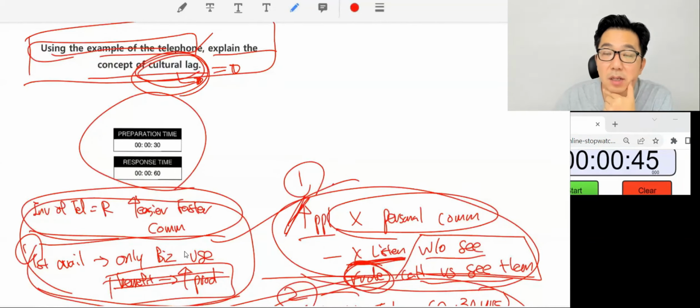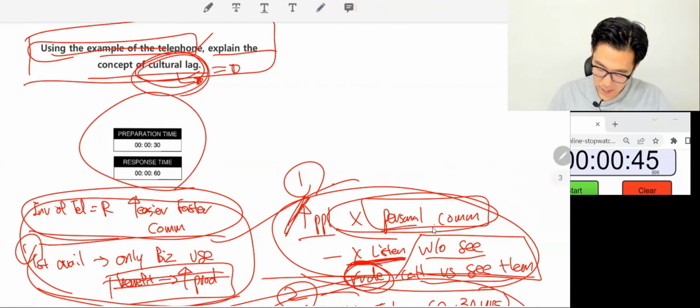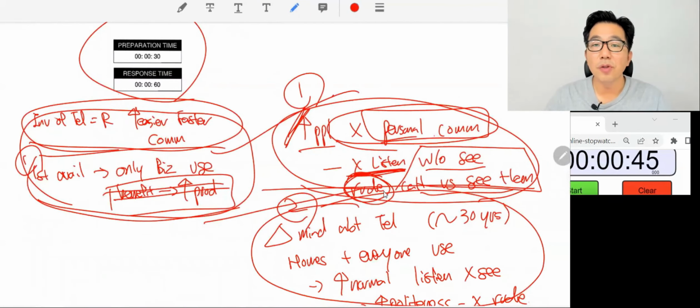This is just a condition, right? Why they had a negative attitude. They were not accustomed to it. So what kind of negative attitude did they have to the new technology? A lot of people, or the general public, didn't think telephone should be used for personal communication, keyword, because they didn't like it, or they thought it rude to just call someone and listen to their voice without actually meeting them in person. Okay, important detail. So first body done. Second body,